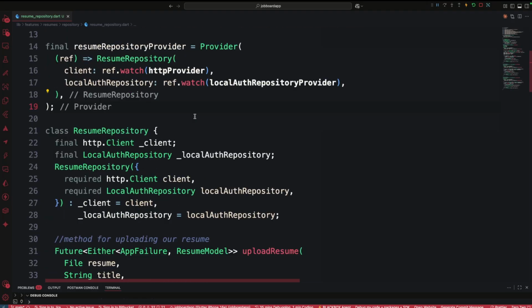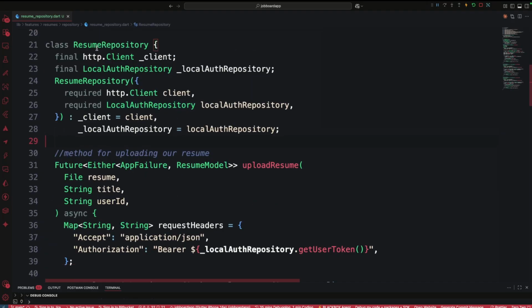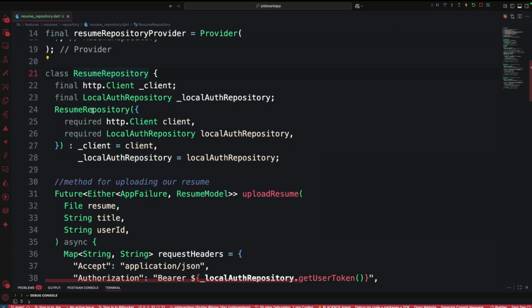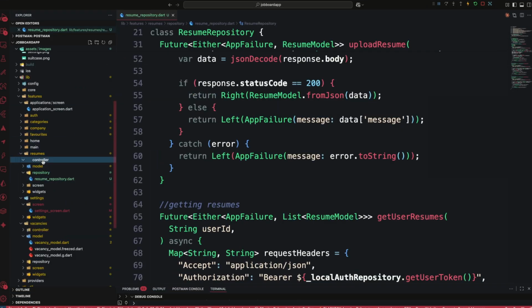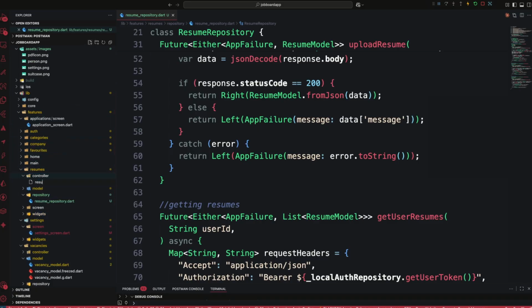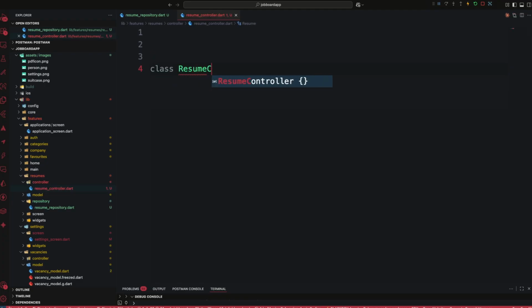Okay, so now that we are done, the next thing is we are going to work on the resume controller, right? And then also implementing the logic inside our user interface. Okay, so now let's start working on our controller, right? If we go inside our resumes controller folder, we'll just create a file and name it resume controller, right? And then the class is going to be ResumeController,